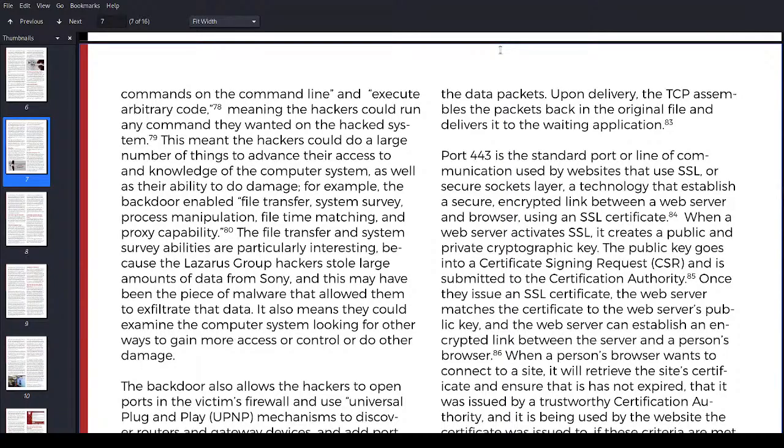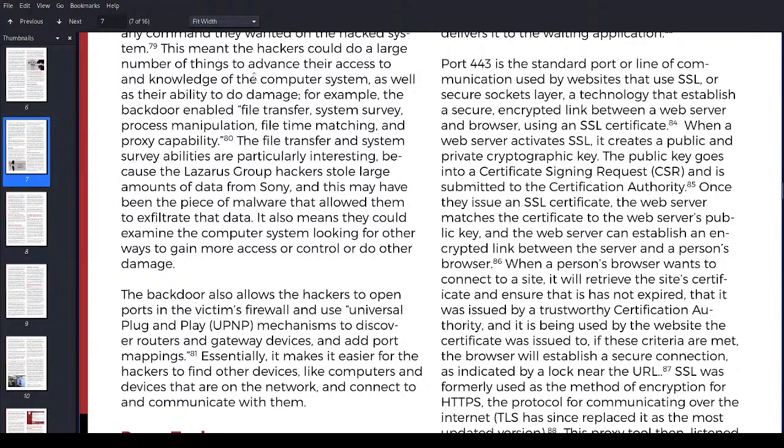Meeting the hackers' needs. This way the hackers could do a large number of things to advance their access to and knowledge of the computer system, as well as their ability to do damage. For example, the backdoor enabled file transfer, system survey, process manipulation, file timing, matching, and proxy capability. The file transfer and system survey abilities are particularly interesting because the Lazarus Group hackers stole large amounts of data from Sony, and this may have been the piece of malware that allowed them to exfiltrate the data.